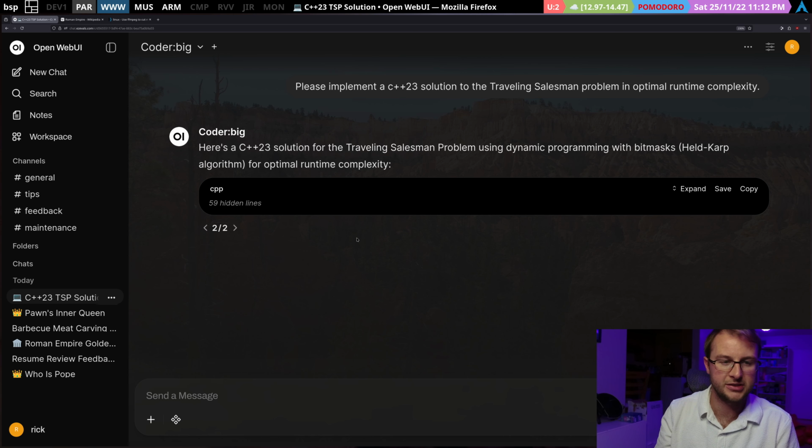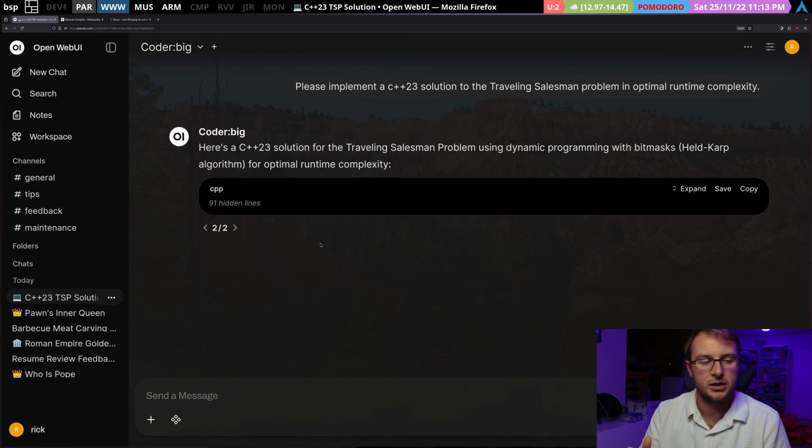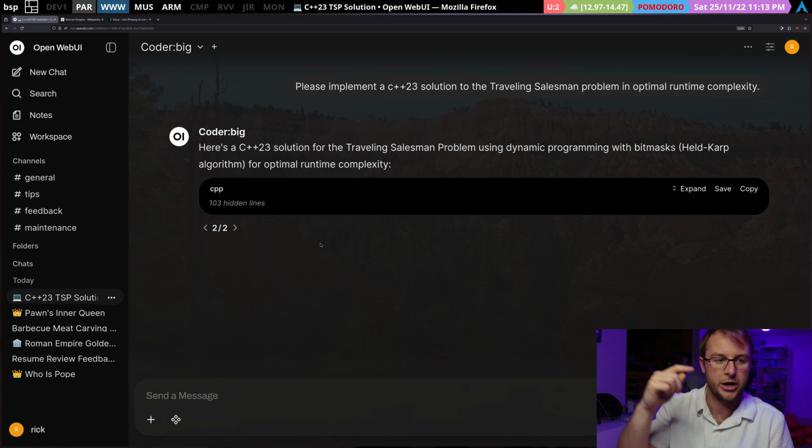A zero-shot or one-shot solution means you only need to submit the prompt once, and it comes up with the right answer, or optimal answer, or good enough answer on the first response. Whereas the lower parameter models like Coder Fast will generate responses that more likely than the big model require multiple